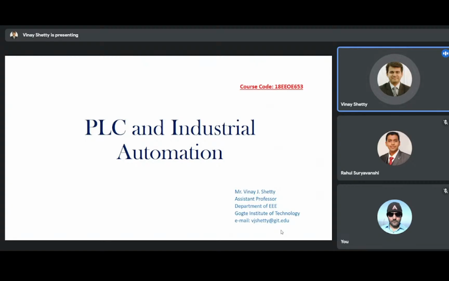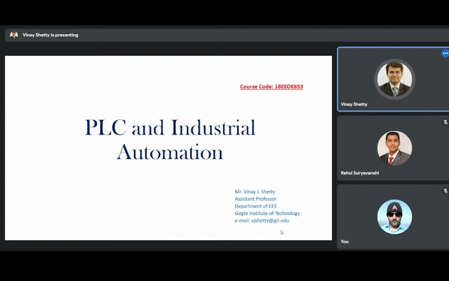Here PLC stands for Programmable Logic Controller. It is a kind of controller which has been incorporated in the system in order to have control over the sequence of operations. The sequence of operations can be domestic, commercial, or industrial. When we talk about precision and accuracy, there comes a robot, there comes a machine, and obviously we cannot have 100% accuracy by incorporating a human being over there to control the process.